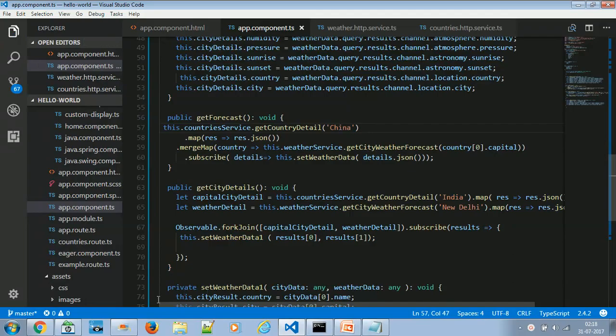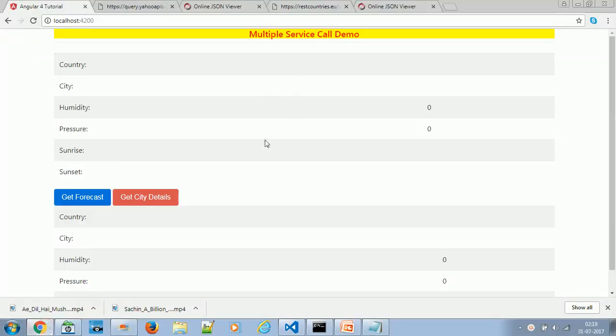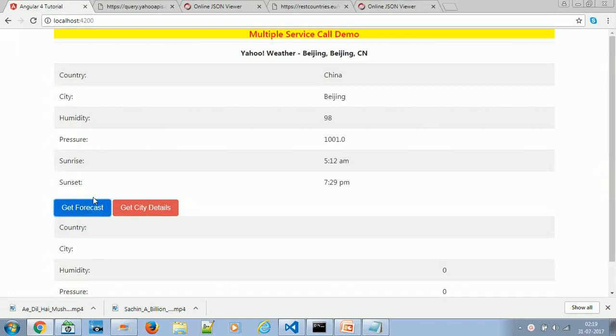If you remember, in my previous session I hit the service and collected all the country names, and from the drop down you choose the country name, and then we fetch the value based on that country. Even this whole country list you can create with one more service. You can create a drop down box, select any country from it and just say get forecast. I leave this as an exercise for you. So it can be dynamic.